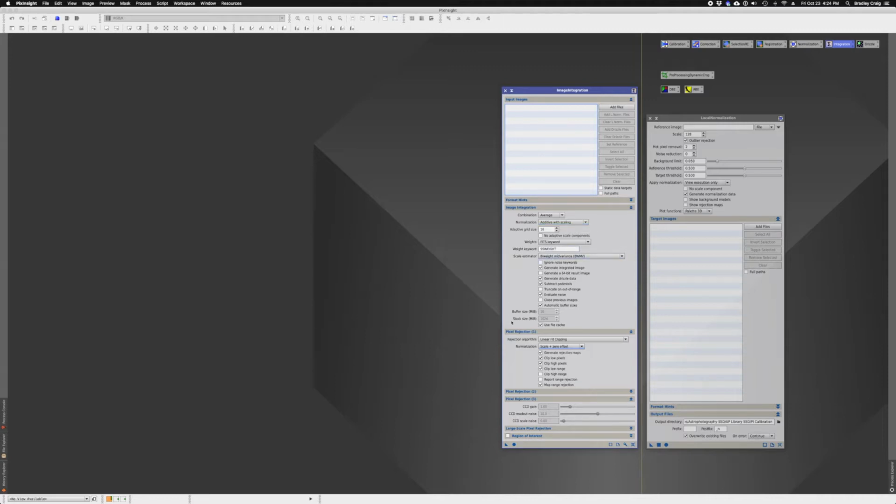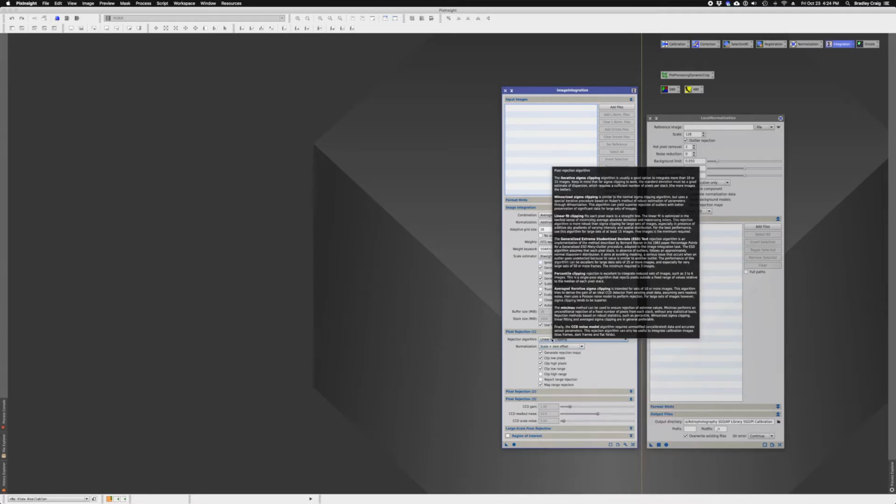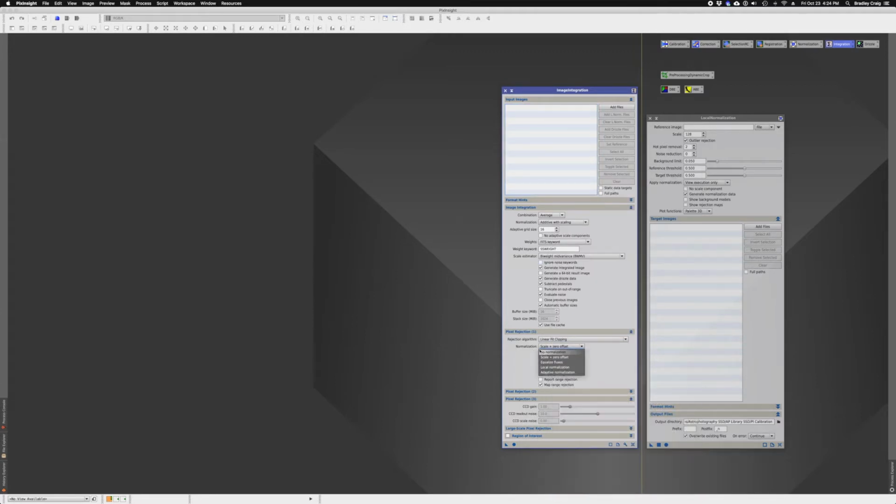And it's some attempt to bring that into some uniform look and pattern, right? So, scale and zero offset, equalized fluxes, adaptive normalization there, and as well as these up here, I guess, they're all mathematical, I guess, even local normalization, but these all work in integration or in pixel rejection. So local is a little bit